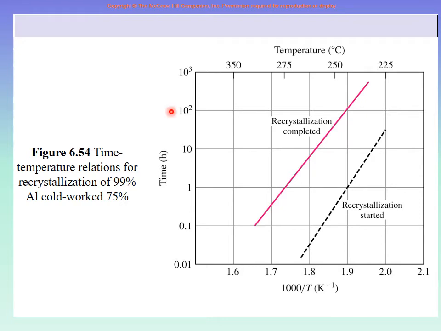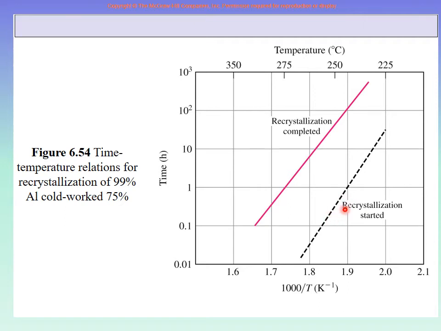Here we are changing the time. So now this is a time temperature curve, right? In a way, this is 1 upon temperature, but don't worry about that for now. Here it is at least temperature directly in Celsius and so on. So if you see, there is recrystallization started. Remember that recovery has been done. So at the end of recovery, most of the stresses are gone. But at the end of the recovery, then recrystallization starts.